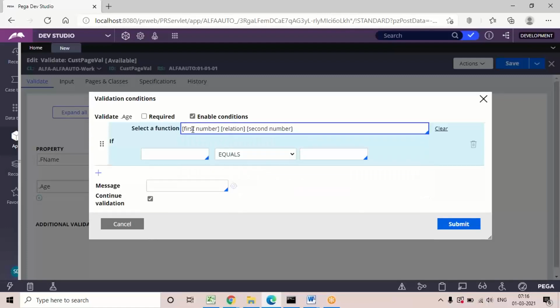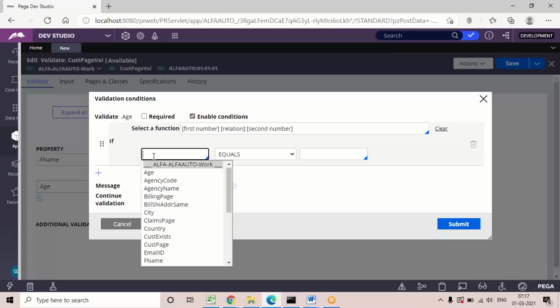Or you can use the common generic function, first value relation second value, which we can use for any type of property. If you don't know which function to use, you can directly go for first value relation second value, which supports all types of properties. But here I'm choosing a specific function for each type of property.